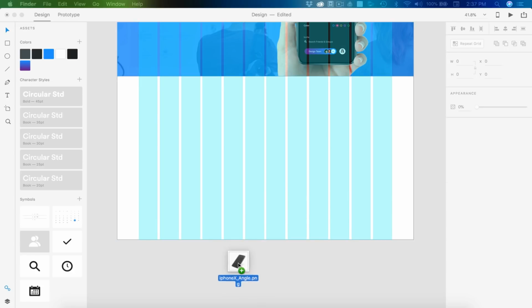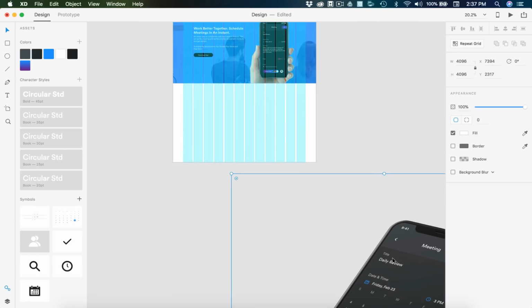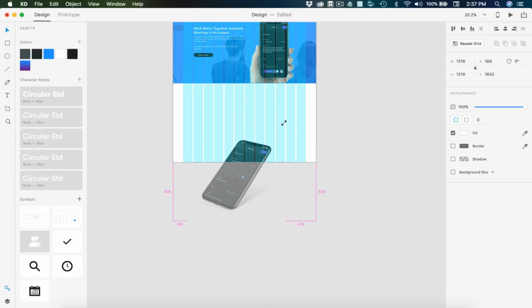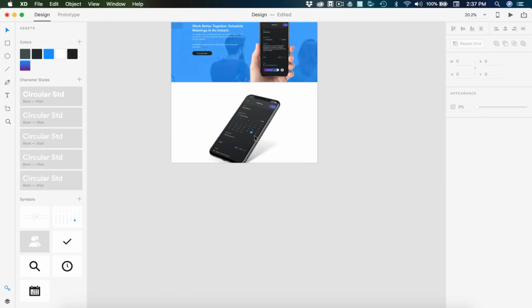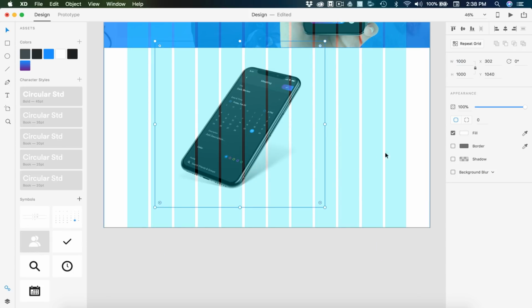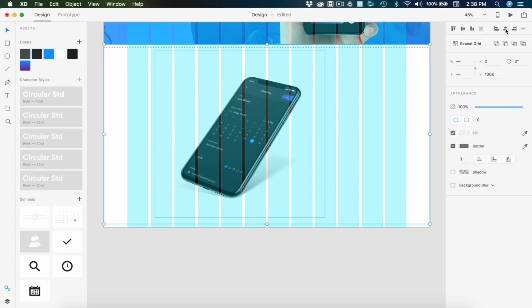So I will drag out the next mock-up. It's just a phone at an angle, and I'm going to scale this down using Shift and Alt. I'm going to set the height and width to 1000, and then hold Shift and grab the new rectangle we just made, and horizontally and vertically align that